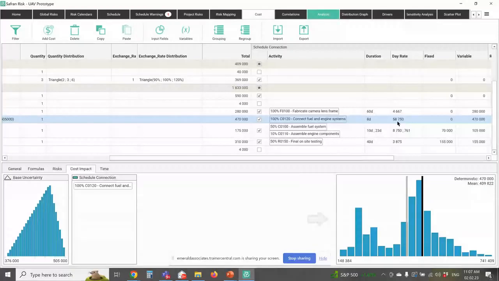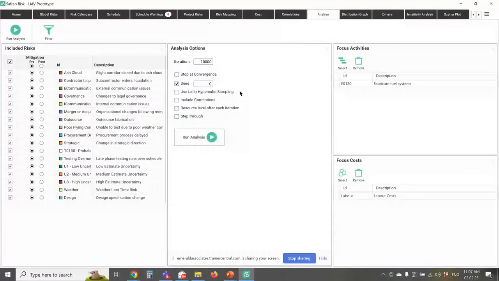So the idea here is when that activity goes long, my overall cost is going to increase on this particular activity. When it goes short, it's going to decrease on this activity. Now, if I've also got risks in there, they're going to come into play as well. So the model is going to look at what's my base uncertainty, what's my quantity distribution, what's my exchange rate, what are the risks on there, what are the activities this is related to, put it all together to come up with what the final cost number is going to look like. So that means that when I actually go and run the analysis, the system is going to take all of